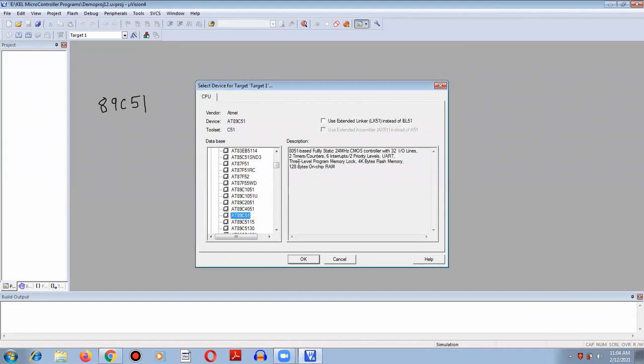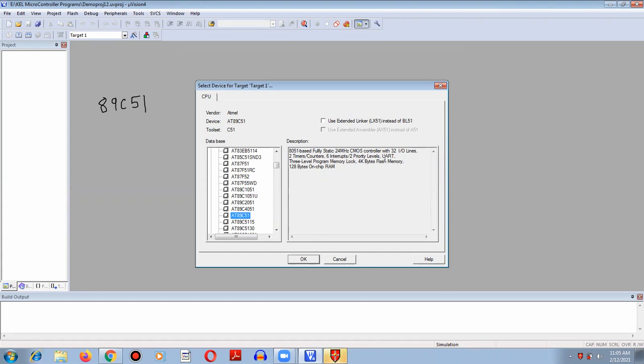On the right side in the description box, we can see the description for 89C51, as it is a fully static 24 megahertz microcontroller. It has 4 ports, 32 input output lines, 2 timers and counters of 16 bit, and 6 interrupt levels, out of which 2 are priority levels.